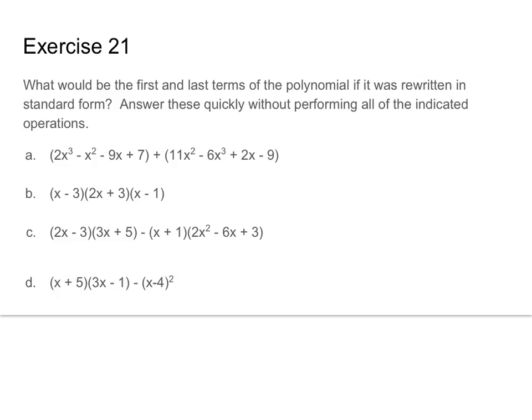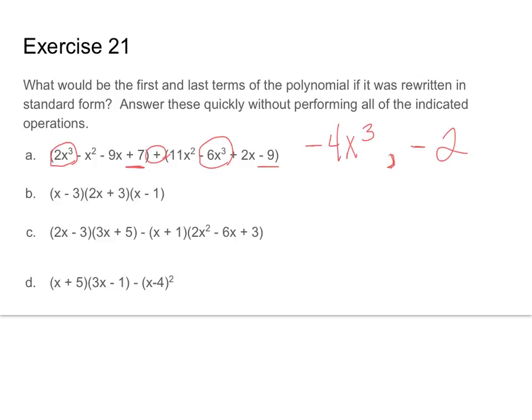So this really is just grabbing the biggest orders and the smallest orders and trying to be fast and accurate. Okay, these are my two highest orders. This is a plus, so I don't have to change any signs. I have a positive 2x cubed and a negative 6x cubed. That leaves me a negative 4x cubed. My constants are going to be at the end. I have a positive 7, a negative 9, so that's giving me a negative 2. Okay, this is a good practice for when we start to graph higher order things. It's how the graph is going to act is all given by the first and the last